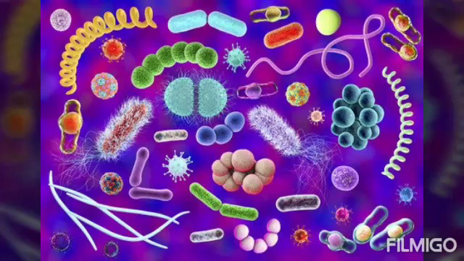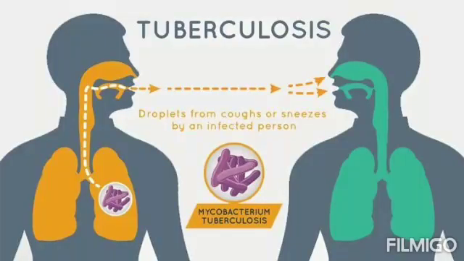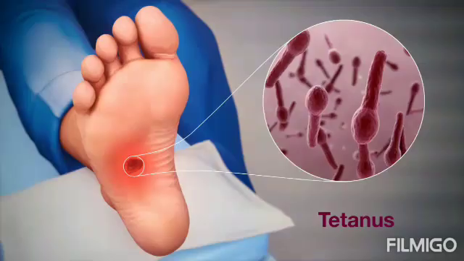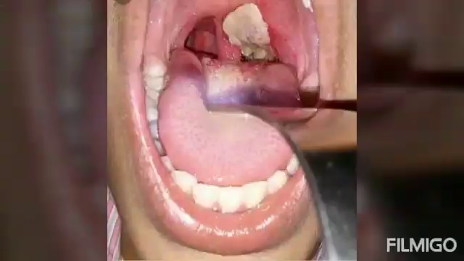Now we will know about the harmful bacteria. I've already told you that most of the bacteria present around us are harmful in nature. So there is a chart wherefrom you have to know the names of the bacteria and the diseases which they cause. So what are the bacteria? Let us know. Mycobacterium tuberculosis, which causes tuberculosis disease. Mycobacterium leprae, causing leprosy disease. Then Clostridium tetani, it causes tetanus disease. Yersinia pestis, it causes bubonic plague.